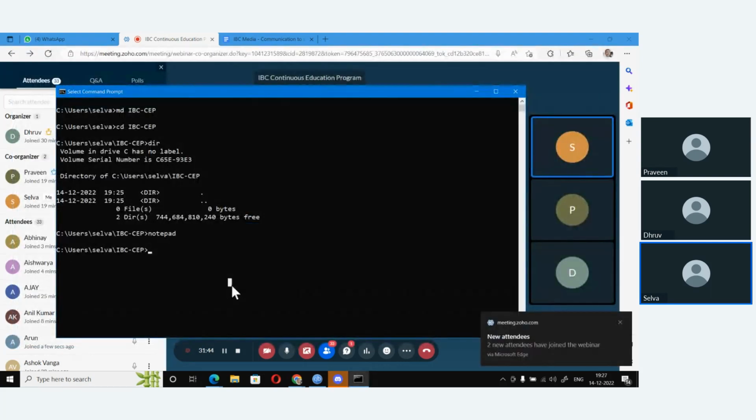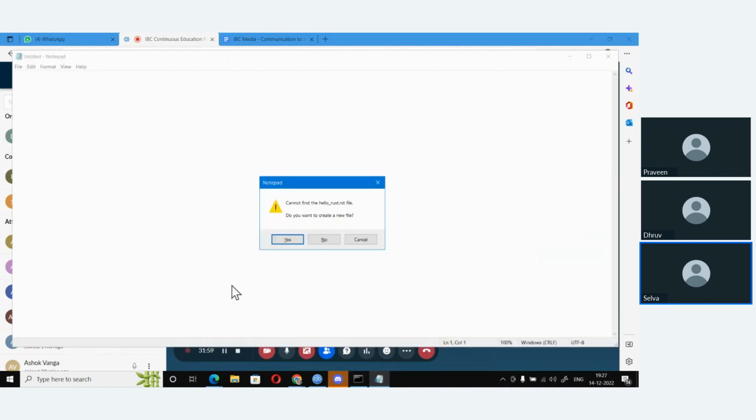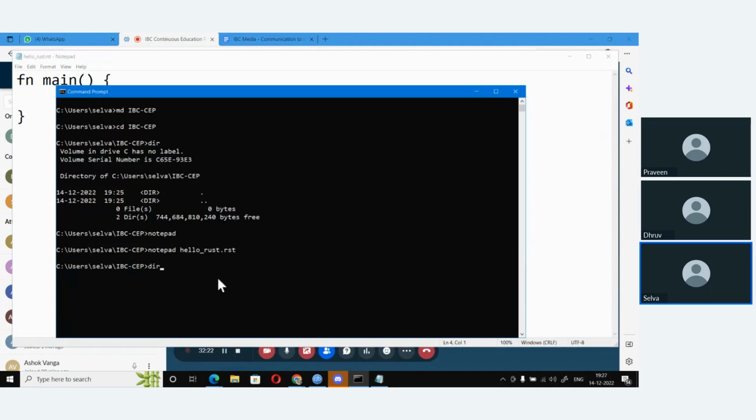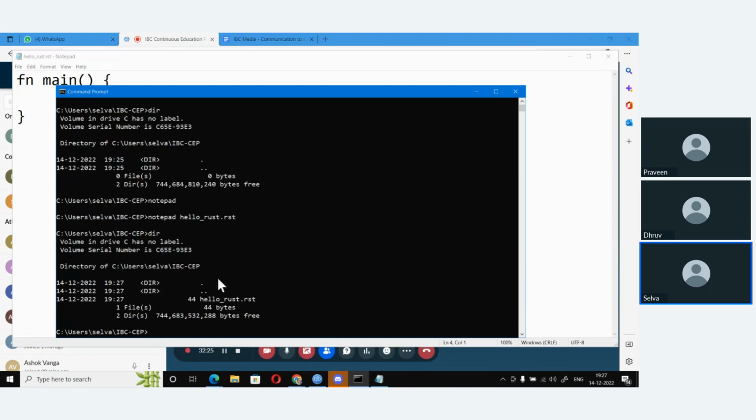I'll just say notepad, and I'll create a new file, call it hello_rust.rs. Rust files always end with the .rs extension. It says, do you want to create a new file? I'll say yes, and I'll create a function name, and Rust, and I'll save this. Now if I go back to my command prompt window and see the directory, I can see that hello_rust is there.